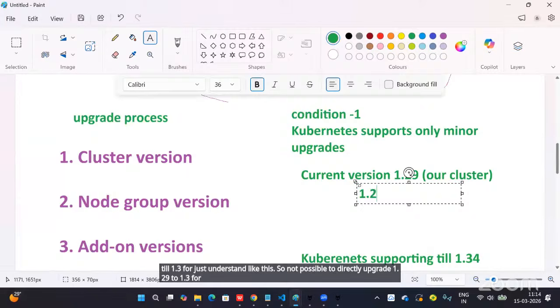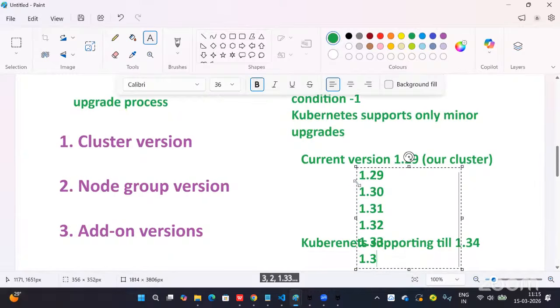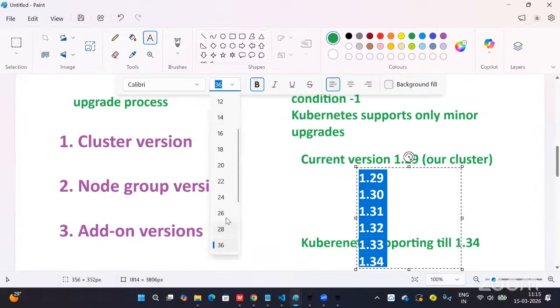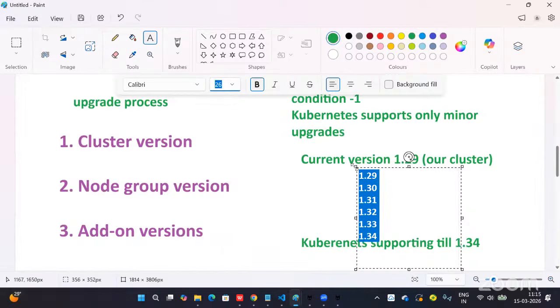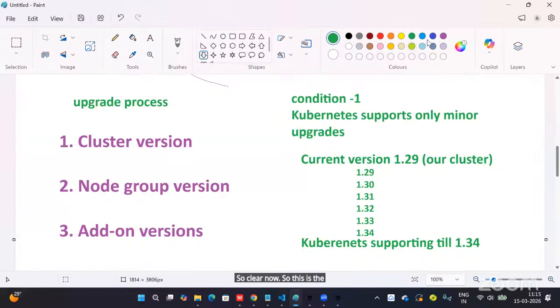So first we have to do 1.29 to 1.30, then 1.31. Major upgrades are not supported, so we have to do it one by one only: 1.32, 1.33, 1.34. So is it clear now? This is the process we have to follow to upgrade any cluster.